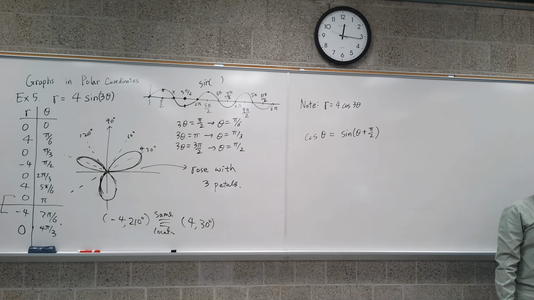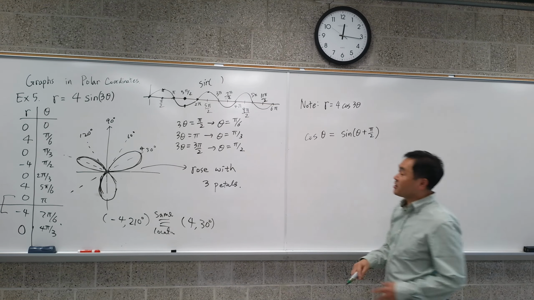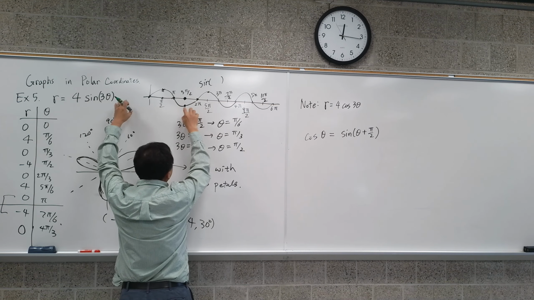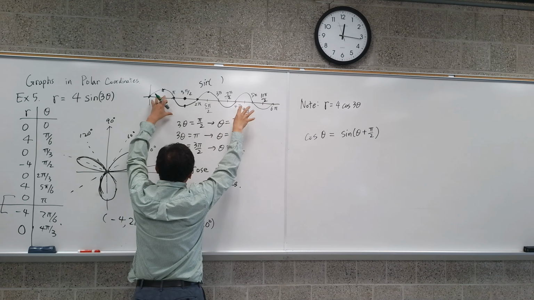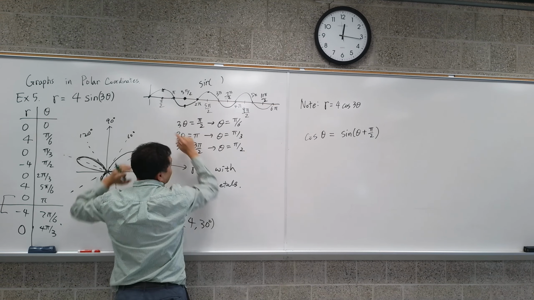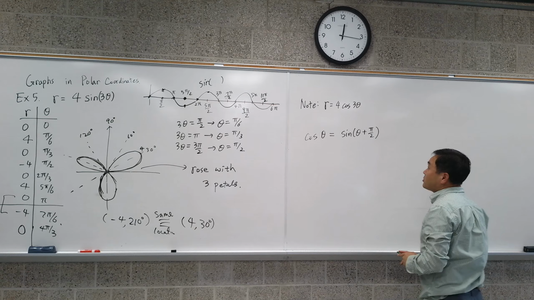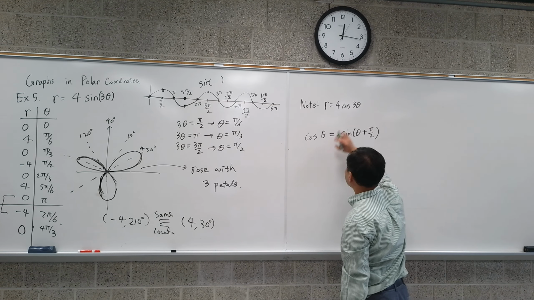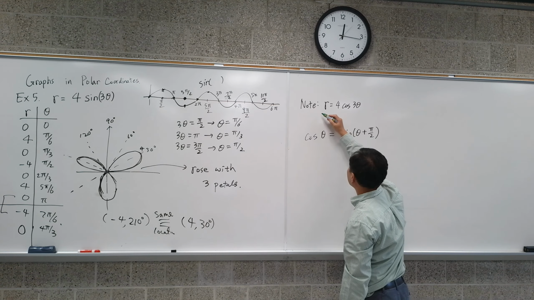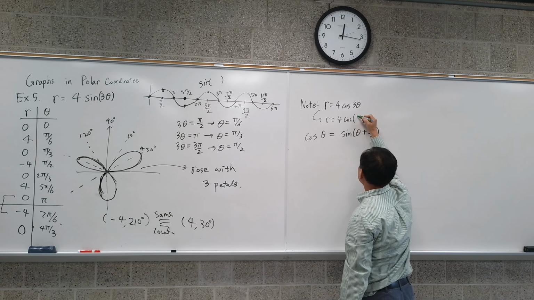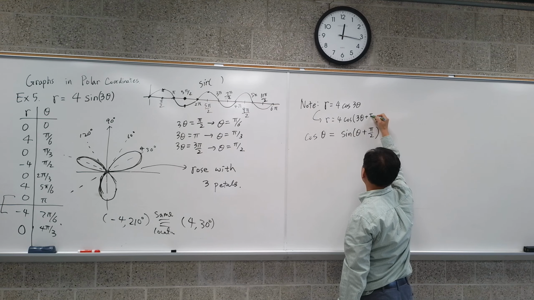Okay? What this is saying is that if you add pi over 2, that's same as sliding the graph left, right? So if you take this graph and slide it pi over 2 left, then you get exactly the cosine graph. Okay? So using this identity, you can rewrite this as r equals to 4 times cosine 3 theta plus pi over 2,